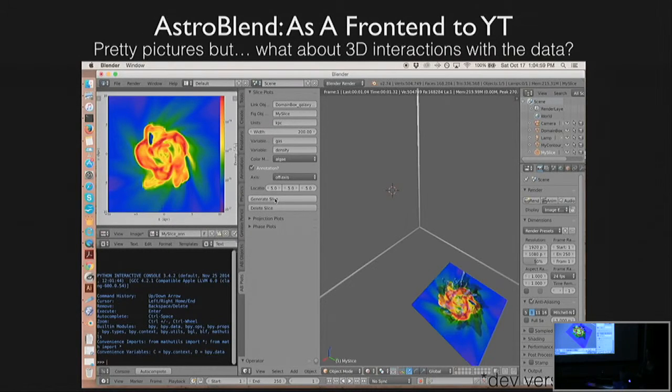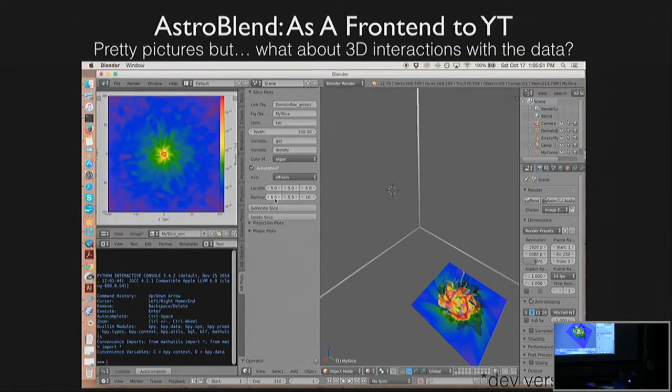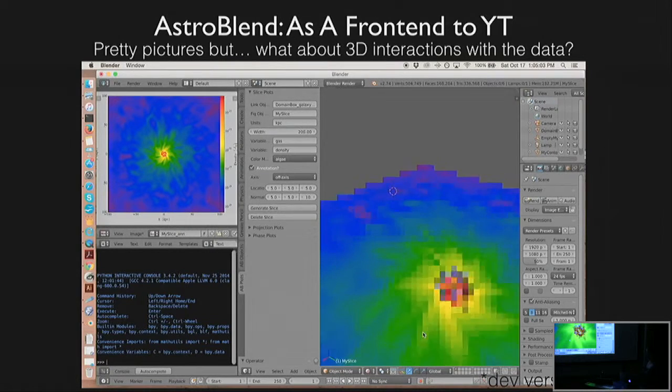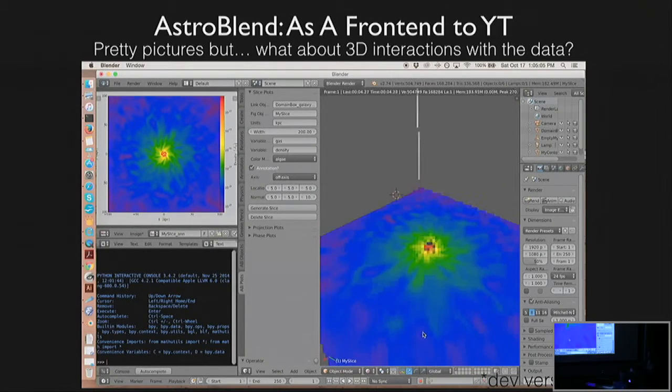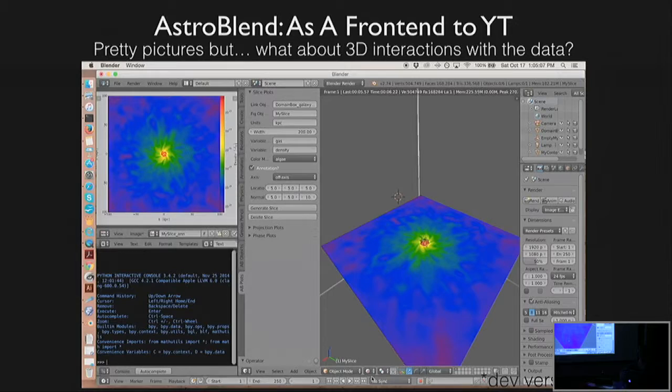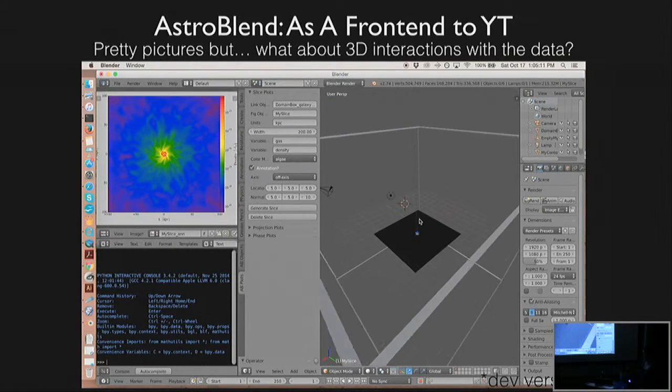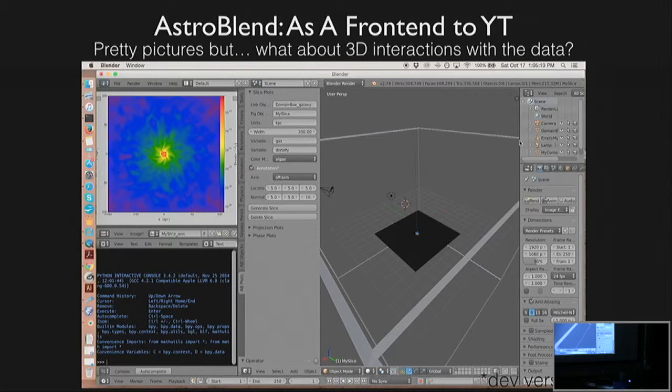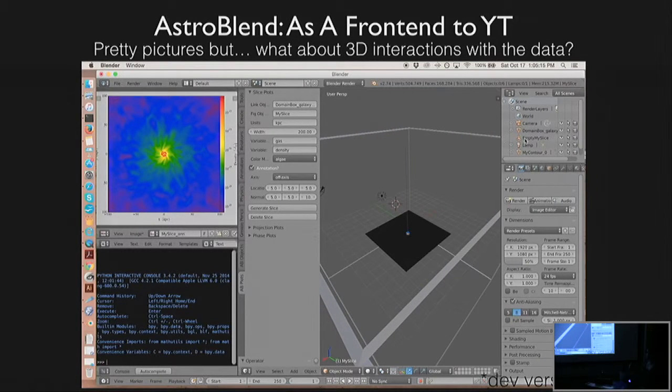You can also actually move your slice plot and interact with it in 3D. So maybe you want to take something like an off-axis slice plot. Maybe you want to move the location of your slice plot to part of the 3D space that looks interesting. You can also do that in an interactive way. So that's just what this is showing. Here I'm just doing something not that interesting. I'm just tilting my slice plot,